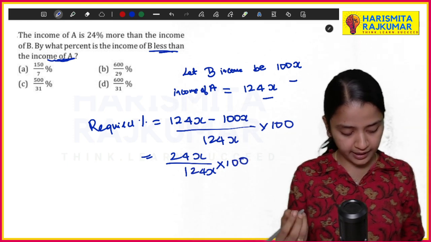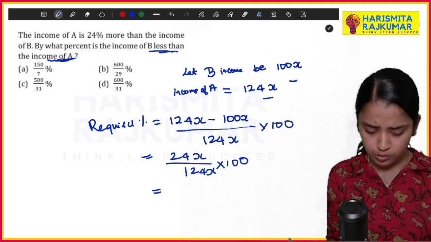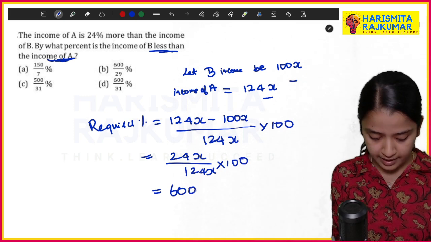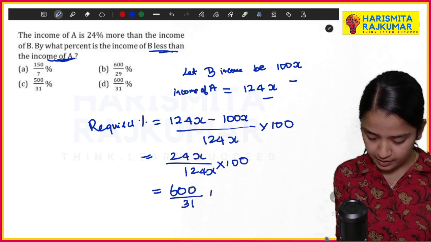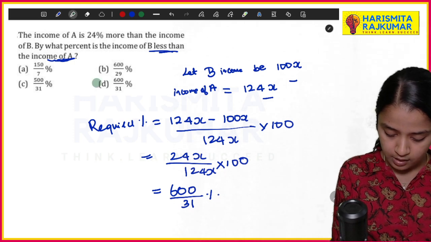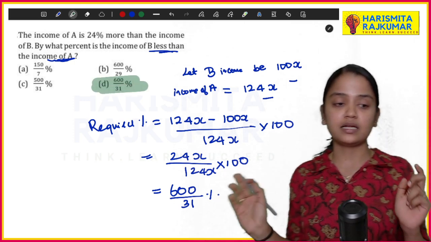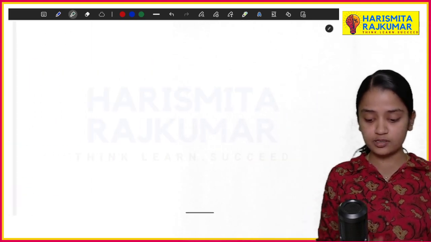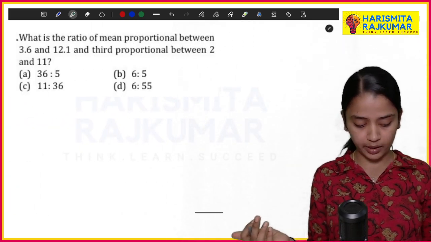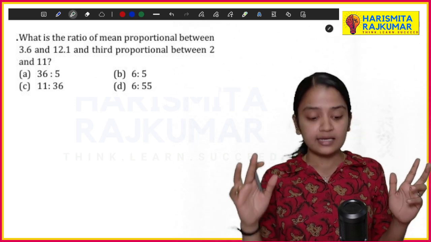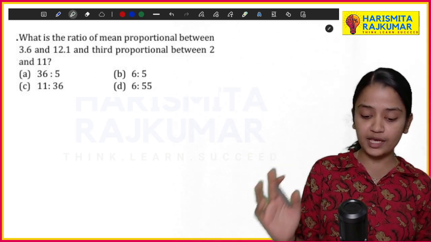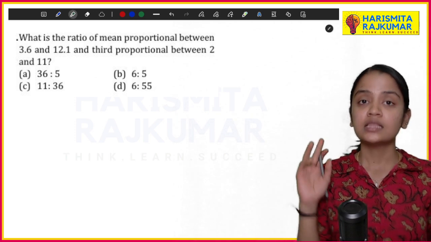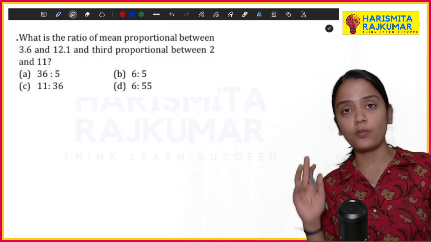Now, when you solve it, it is 600 by 31 percent. So 600 by 31 percent is your answer. Now let's quickly get to another one. What is the ratio of the mean proportional between 3.6 and 12.1